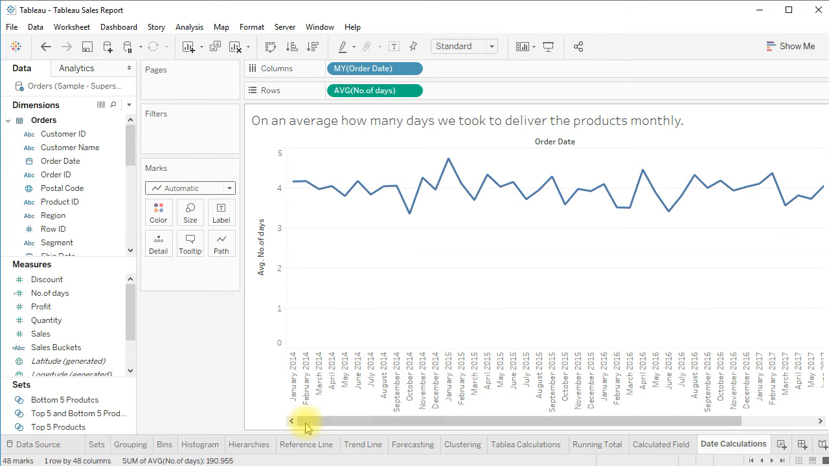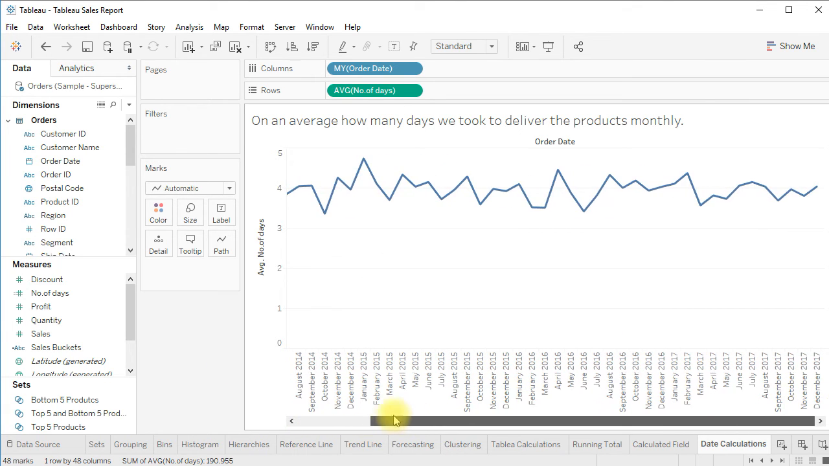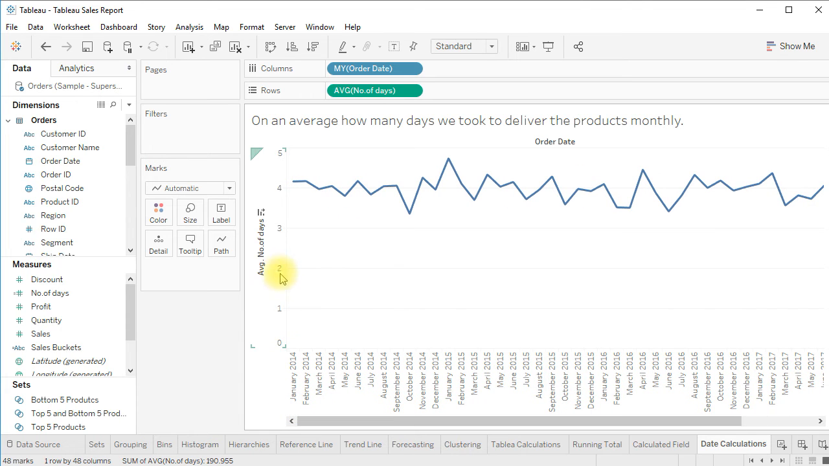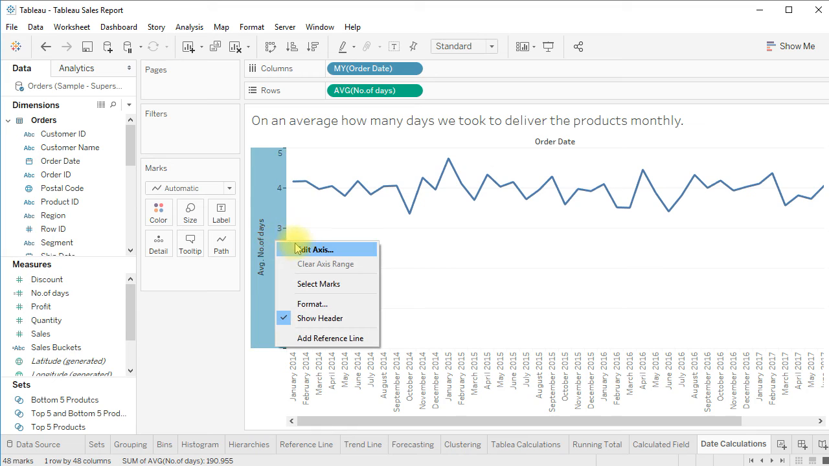Now in your visuals, you find that minimum we took 2 days to deliver, means you can see obviously in none of the months we took 2 days, but you can see minimum is ranging above 3. And you can see my chart is ranging like this. So what we do, let's start our vertical axis from 2. To start this axis from 2, right click on this, go to edit axis,